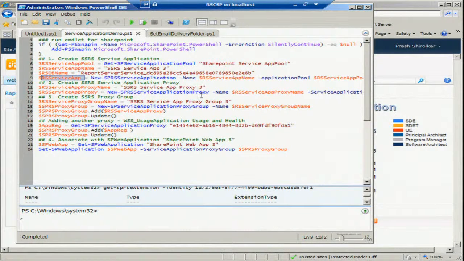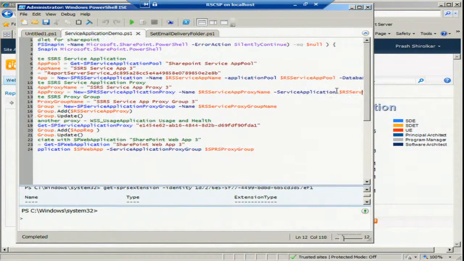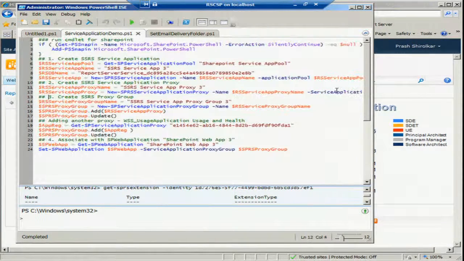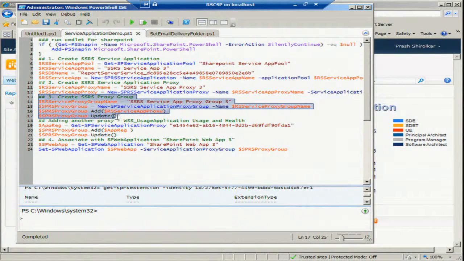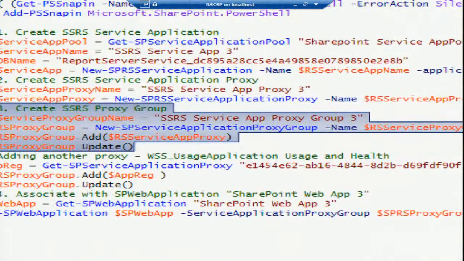Next is the proxy. And this particular proxy is trying to be hooked to this service application that we just created above. And step number 3 and 4 are standard SharePoint set of commands. So only you'll notice these two are the SPRS specific commands. The rest of them are, let me group them together in this proxy group. And finally,